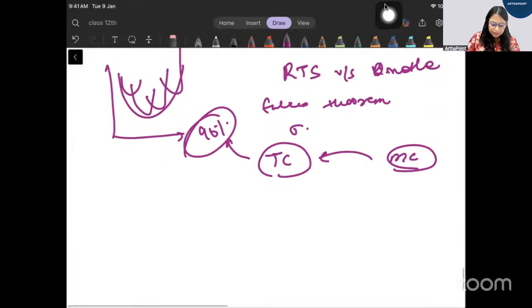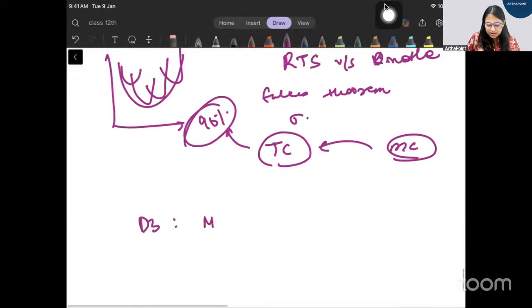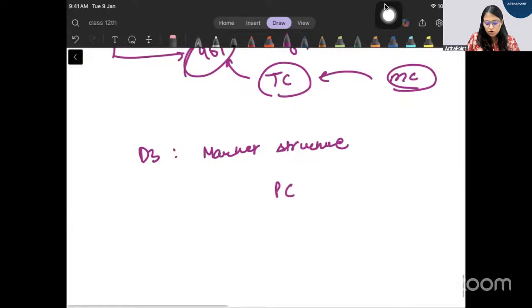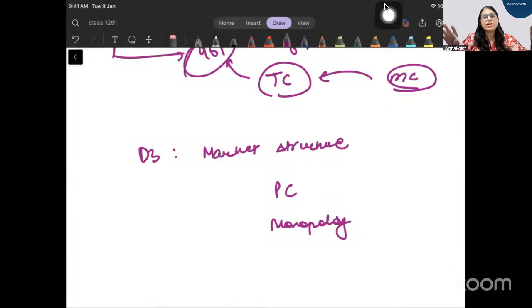Day 3, you do market structure. And in market structure, you do perfect competition and you do monopoly. In monopoly you cover first degree, second degree, third degree, हर एक से related एक एक numerical, deadweight loss. Day 4,